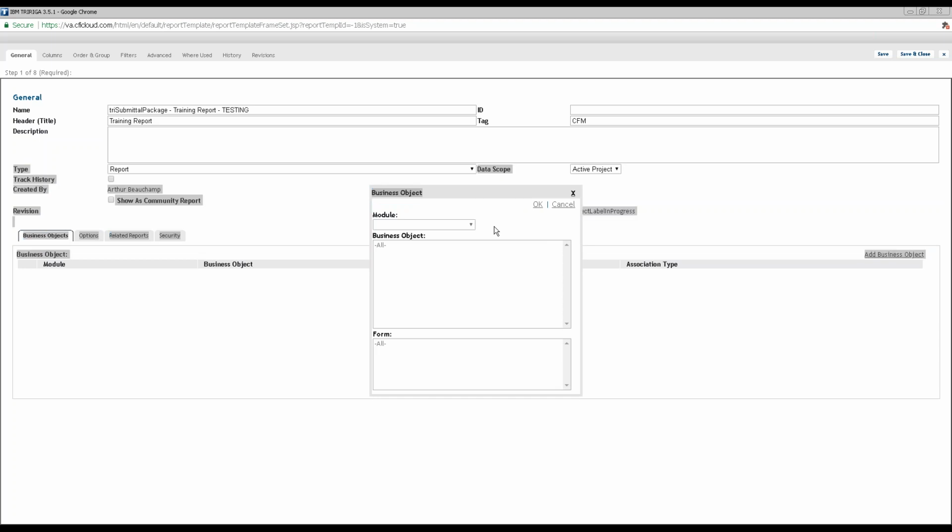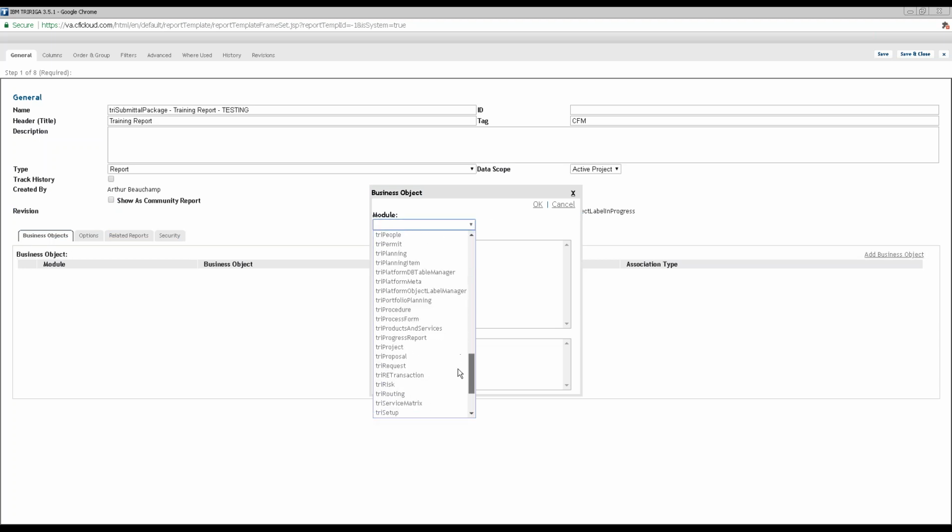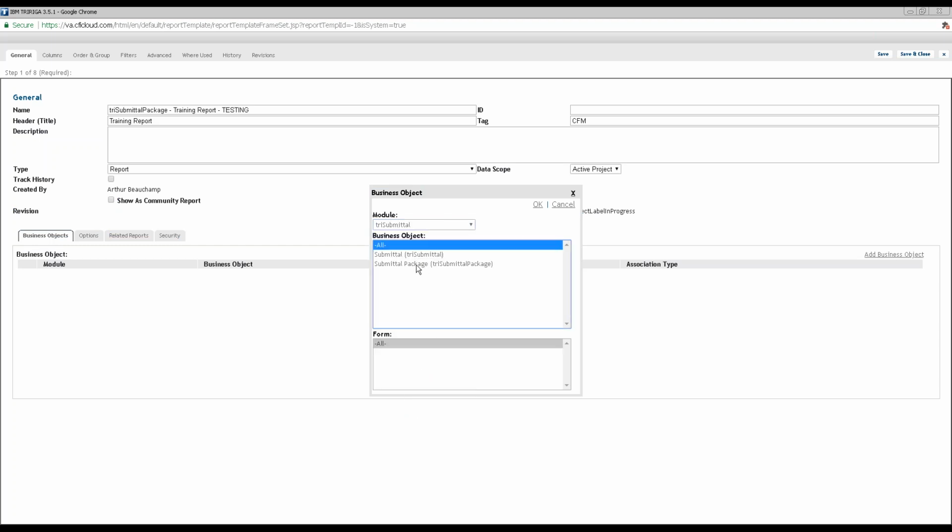This is going to be a little bit daunting at first, trying to find where things are. If you are trying to make a report and you don't know where to find it, please ask. We'll help you find it. Otherwise, it's going to take a little bit of digging. Submittal package is fairly easy, though. It's under the module Try Submittal. And then we find the submittal package under Business Object. And in this case, the form, which is